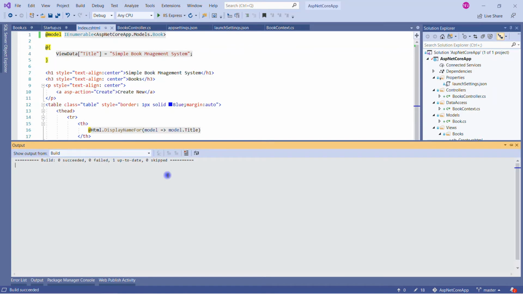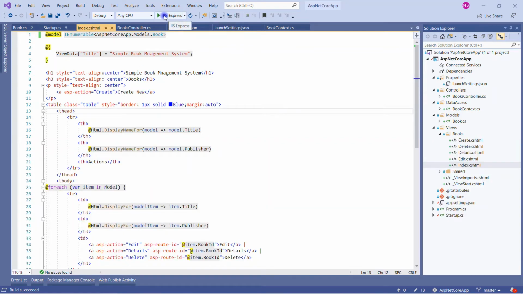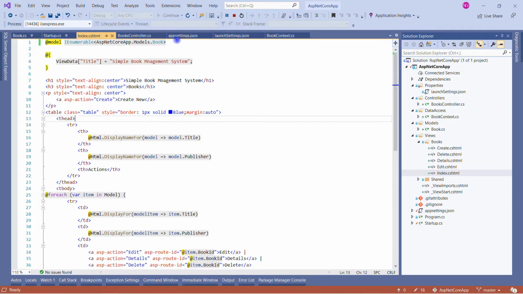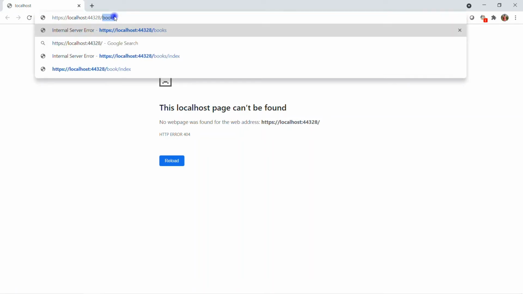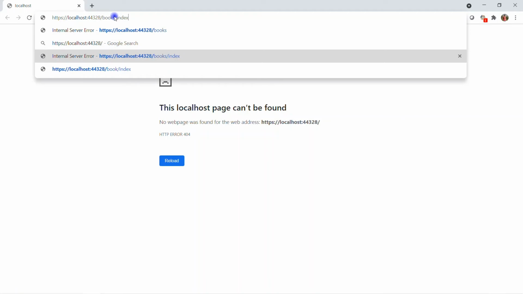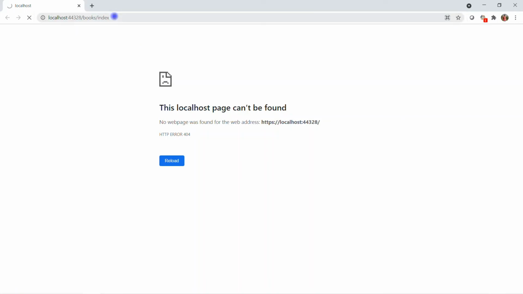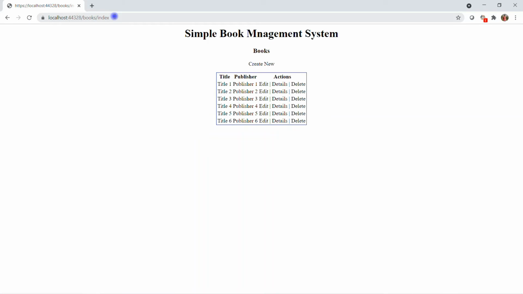Okay, Control Shift B, build successful, and let me run this application, how it looks like as of now on the browser. We haven't set the default content that we need to see on the browser, so for that we need to go to the URL. So that ideal will be the books and the index one, because our route was controller action method. So books is our controller and index is our action method. Okay, and we are not passing any parameter for the ID, so that's why we are able to see this index page.